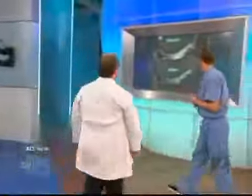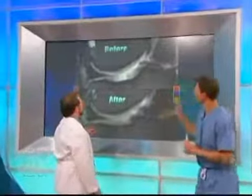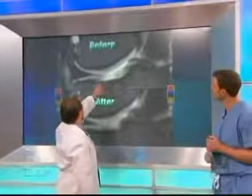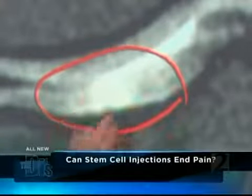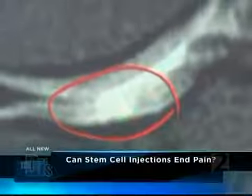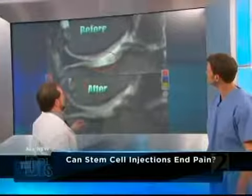I have to ask your permission. Can we look at your MRI? Yes. So this is your knee MRI. Let's go over and look at this MRI really quickly to show some results to the viewers. And I want you to highlight, because some people may not really be able to tell what we're looking at. So this is her knee joint before. Absolutely, Dr. Travis. This is the lower bone, or the tibia, and this is the upper bone. This is her cartilage lining her tibia, the gray on either side. She's starting to lose some cartilage. That's the white area in the middle of all that gray, which is going to eventually erode everything around that